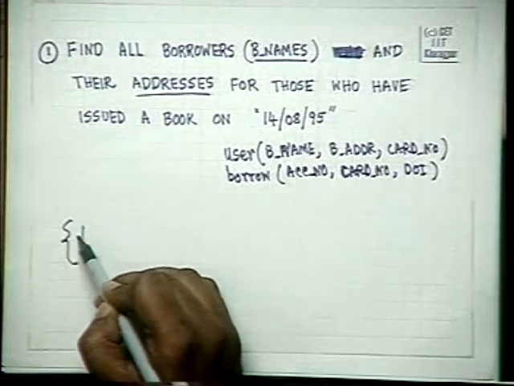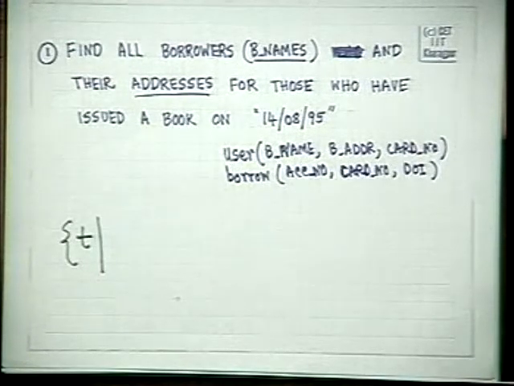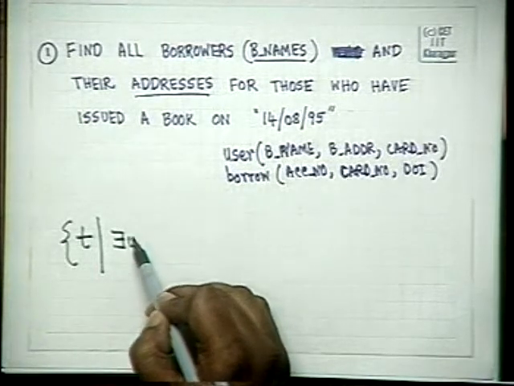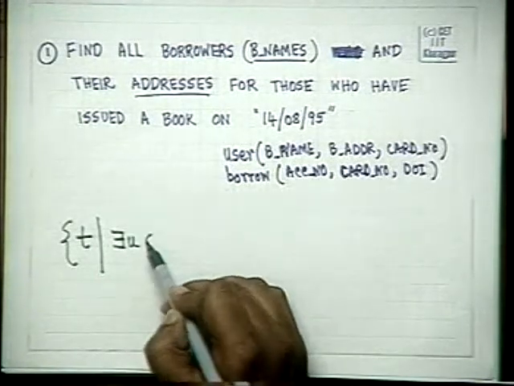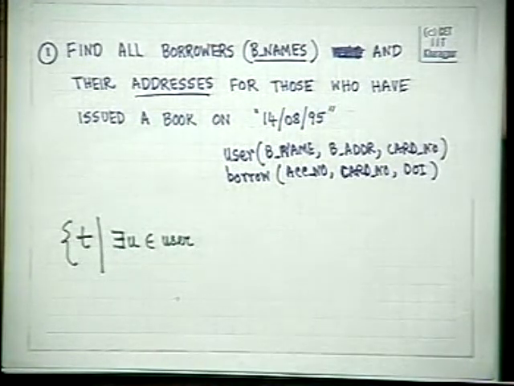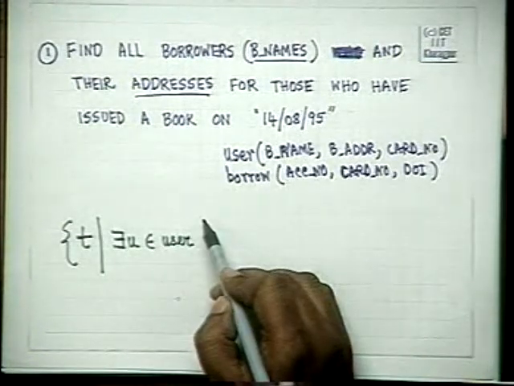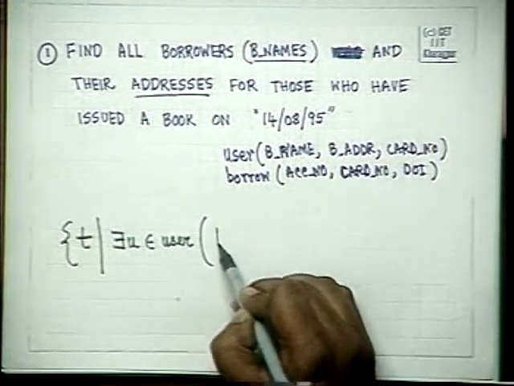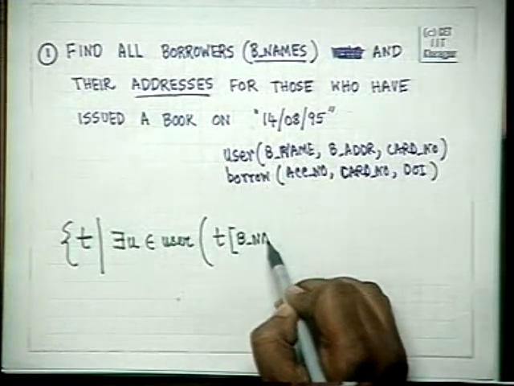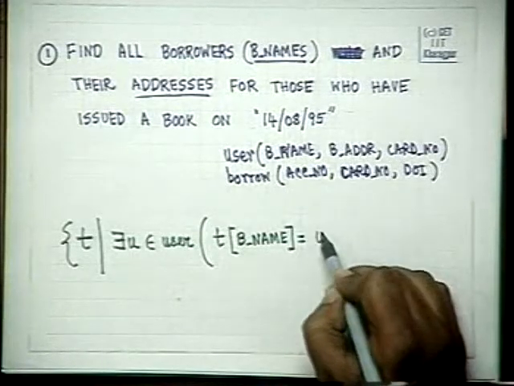We want to find out those tuples T such that for every tuple in T there must exist some U element of user such that, we want the name and addresses in T, so T will contain name and addresses only. T name must be U of B name